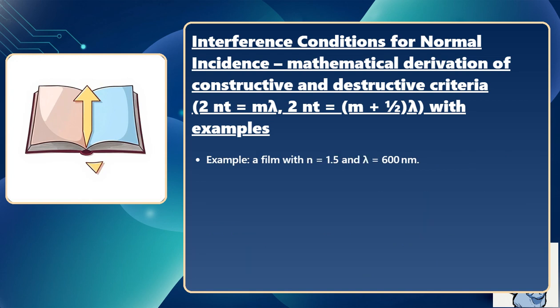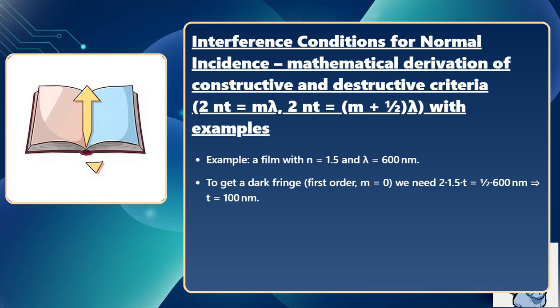Example, a film with n equals 1.5 and lambda equals 600 nanometers. To get a dark fringe, first order, m equals 0, we need 2 times 1.5 times t equals 1/2 times 600 nanometers, which gives t equals 100 nanometers. For a bright fringe of order m equals 1, 2 times 1.5 times t equals 1 times 600 nanometers, giving